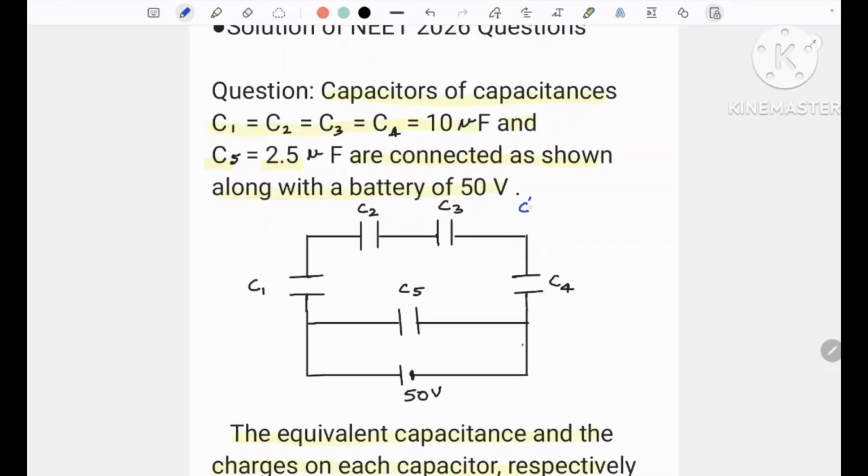So C dash will be 1 by C1 plus 1 by C2 plus 1 by C3 plus 1 by C4, इसका reciprocal: 1 by 10 plus 1 by 10 plus 1 by 10 plus 1 by 10, reciprocal. This will be 10 by 4, 2.5